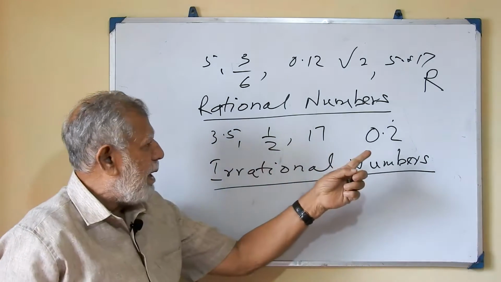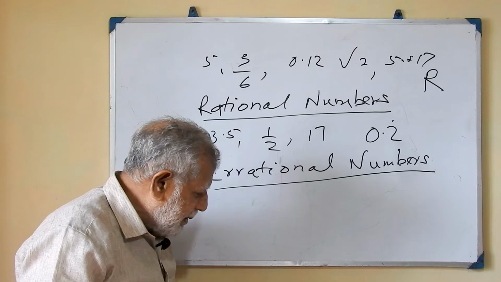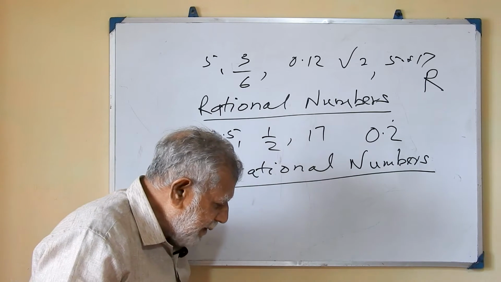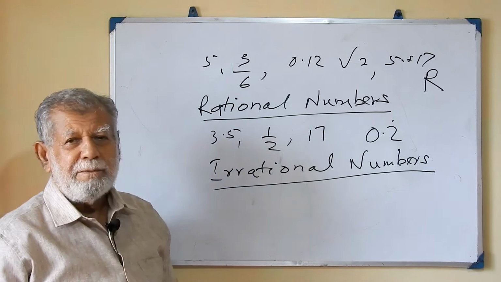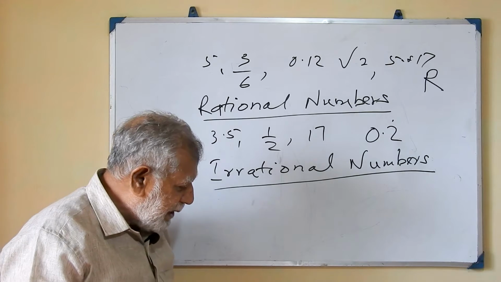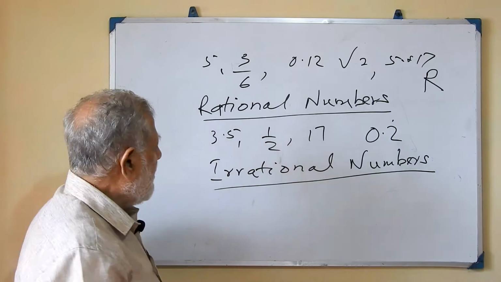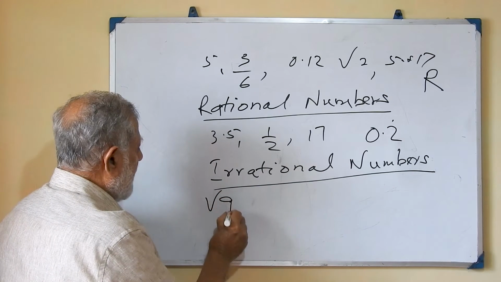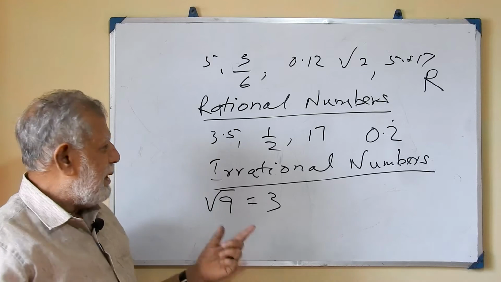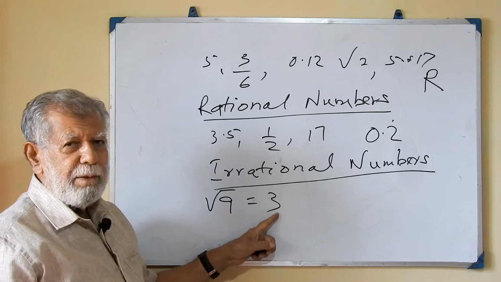Now, rational numbers are all on a number line. Irrational numbers are also all on a number line. Now, for example, look at these numbers. Irrational numbers, we don't know the exact value. The exact value of an irrational number cannot be found. The way to identify an irrational number is that we can't find its exact value. For example, suppose we have root 9, the square root of 9. The square root of 9 we know is 3. How? Because 3 into 3 is 9. So we multiply 3 by 3, it becomes 9.